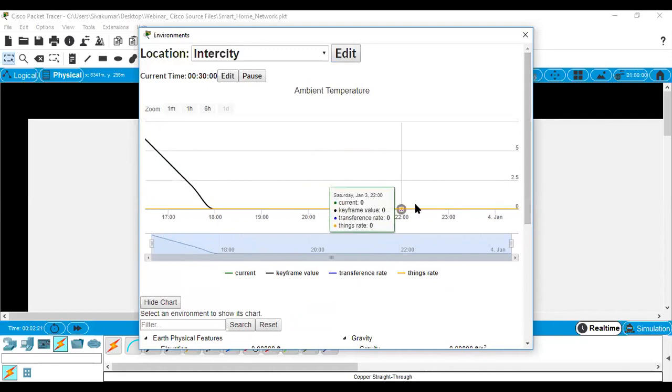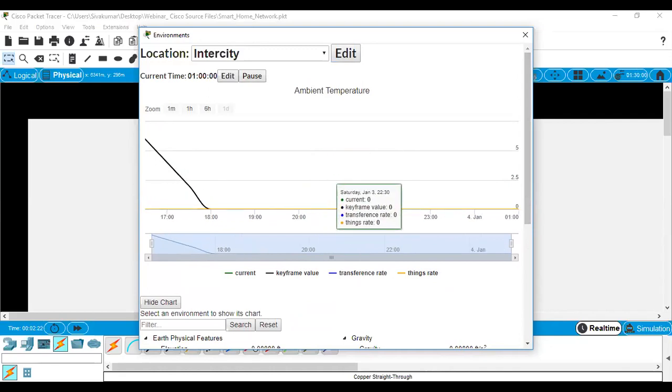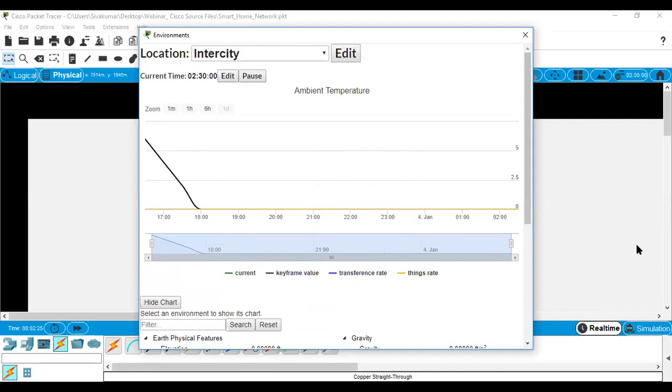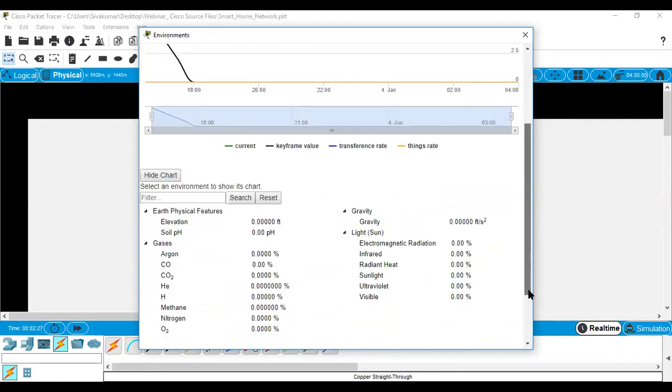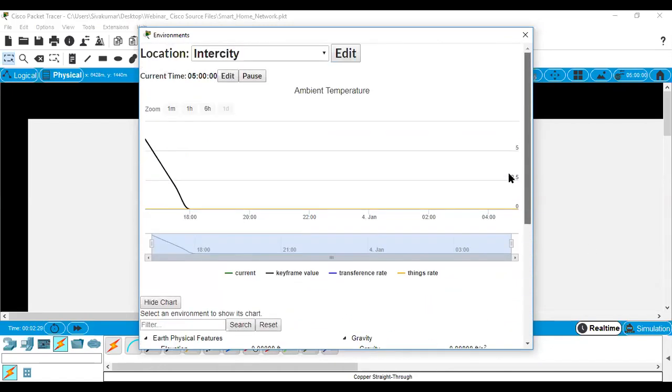We can predict here. Also you can check this data in analytics form. In this manner you check the environmental conditions and all things. This is the use of this physical workspace in Cisco Packet Tracer.